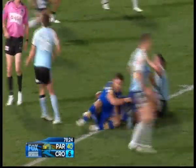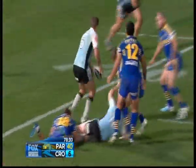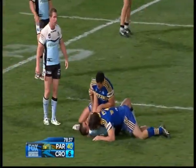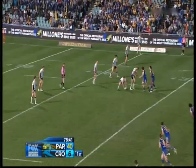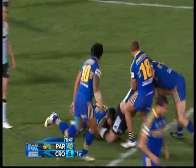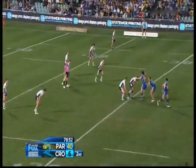Looking ahead, we'll see the Eels in action again, live on Fox Sports as part of Super Saturday this week. They head up the F3 to Osgrid Stadium to take on the Newcastle Knights. A healthy crowd there, you'd imagine, of course, with the campaign to add as many members as possible to the Newcastle Knights ranks. And certainly you can get some cheap tickets at the moment, can't you? If you live in the area, you'd be crazy not to get out there to watch your side go around